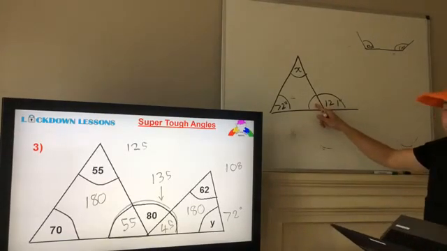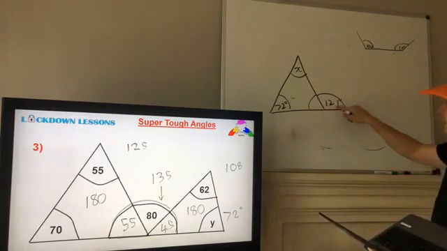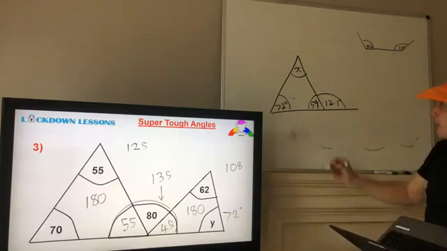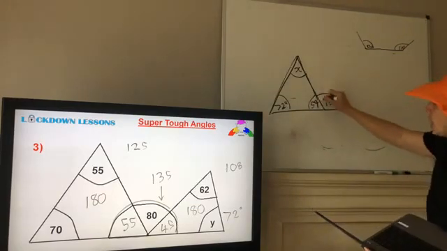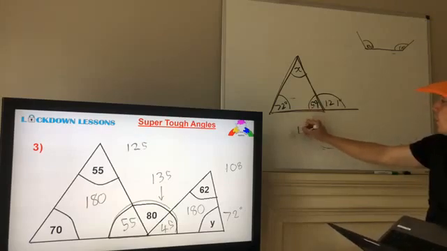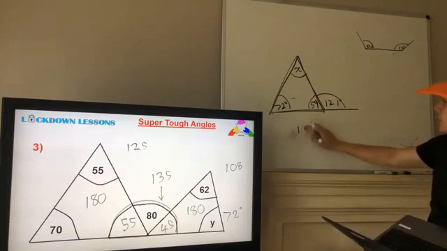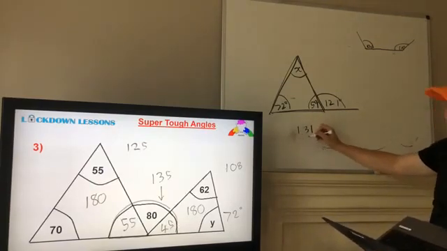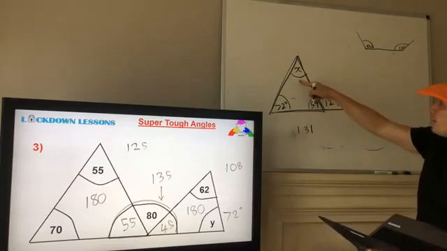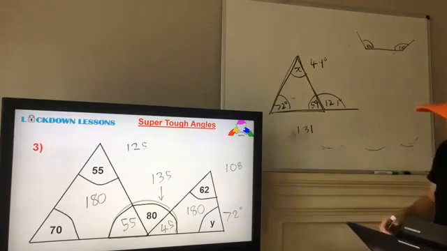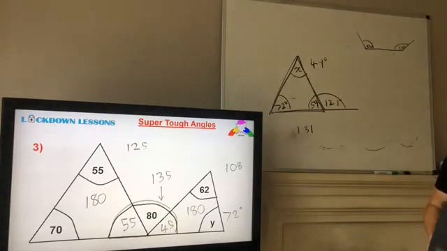So have you got this one? So this one, 180 with 121. This has to be 59. And then you've got your whole triangle there. Add those two together to give you 160, 131. And there's 131 left to get to X. Has to be 49 degrees. Well done, those people who got 49 there. So these angle puzzles are